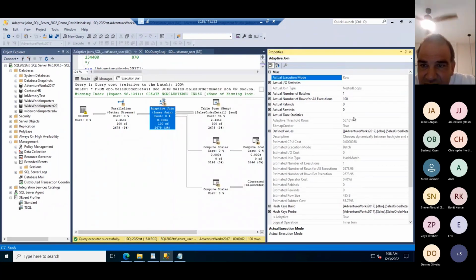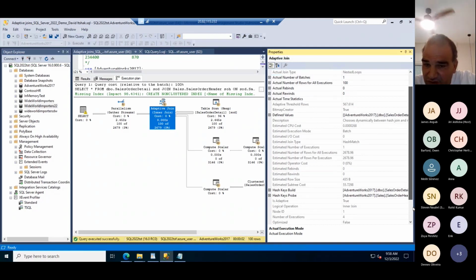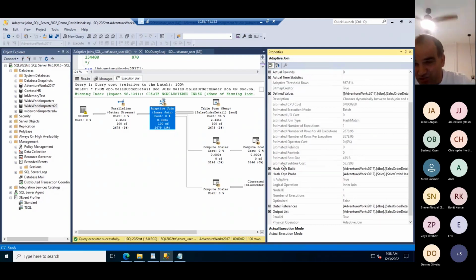Properties. You can see that the actual join type is nested loop. Adaptive threshold rows is 5, 6, 7. This is the adaptive threshold. And you can see the end of data was nested loop. If it was a hash join, then the hash key build is the smaller table, which is, you can see it here,